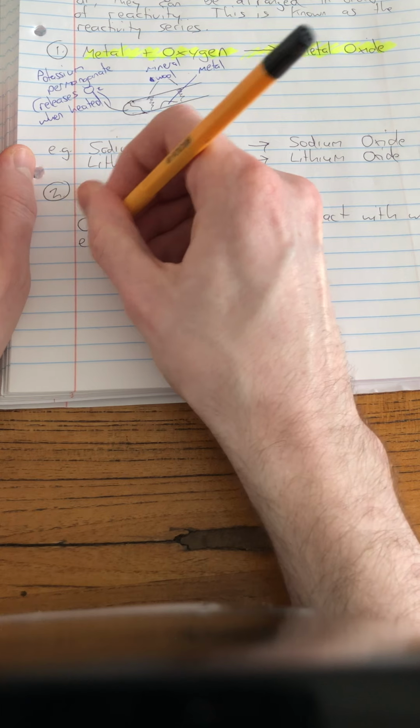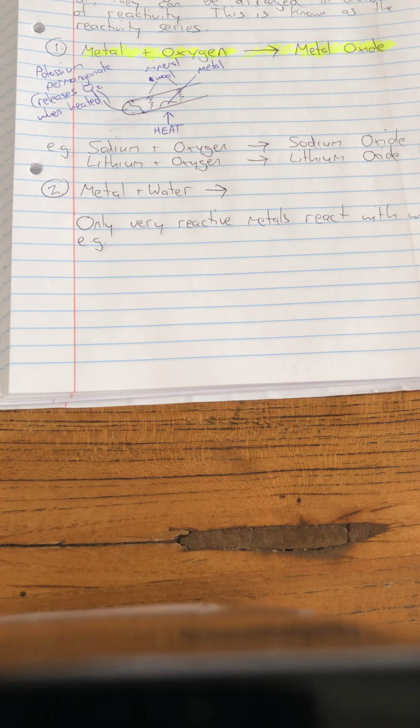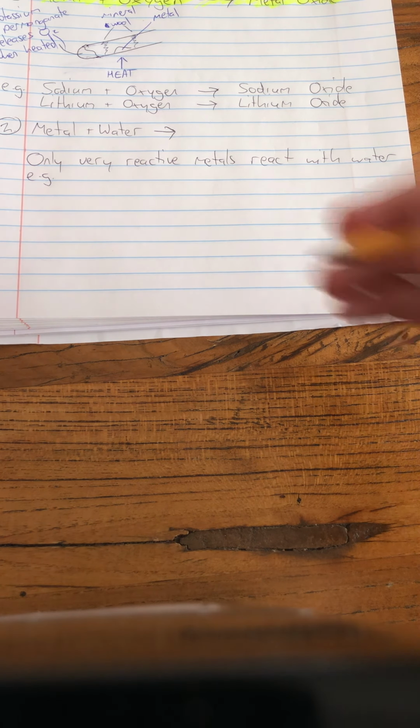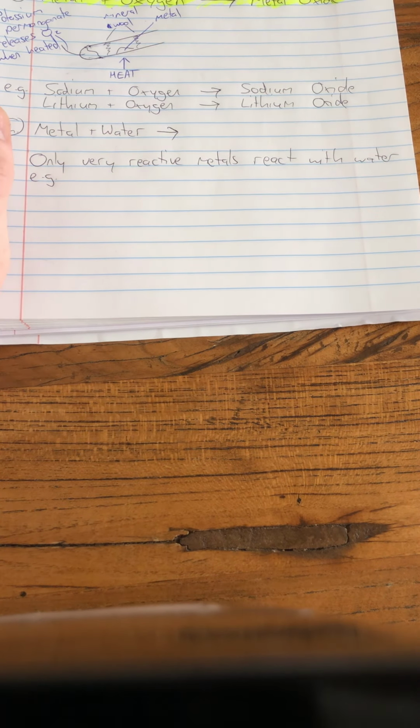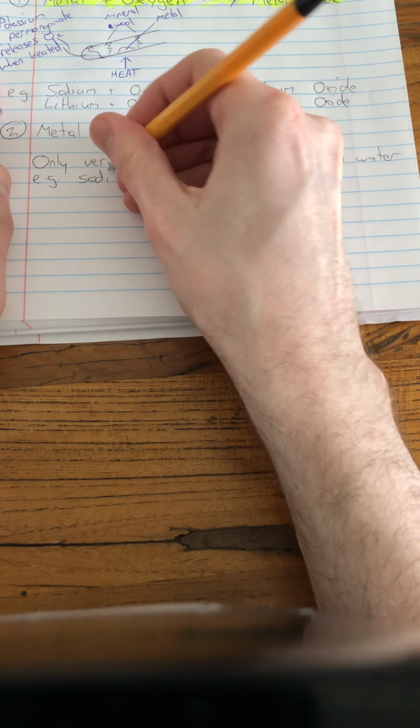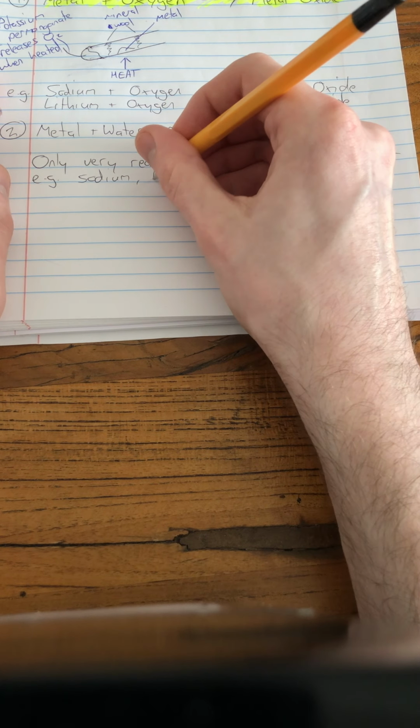So, that would be like your alkali metals. And you would have all seen the experiment where you put the alkali metals in water, and as we go down the group, they get more reactive. Okay, so lithium is the least reactive, followed by sodium, and then potassium starts to burn with that purple flame. It starts to move about very quickly. Okay, so very reactive metals like your sodium, lithium,